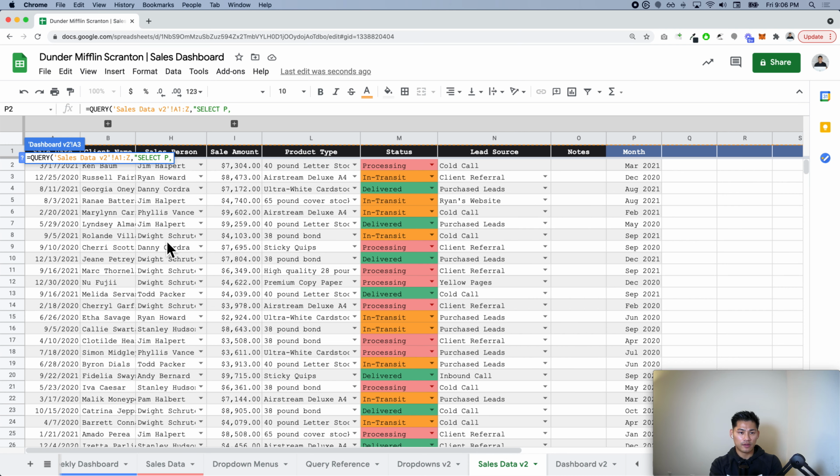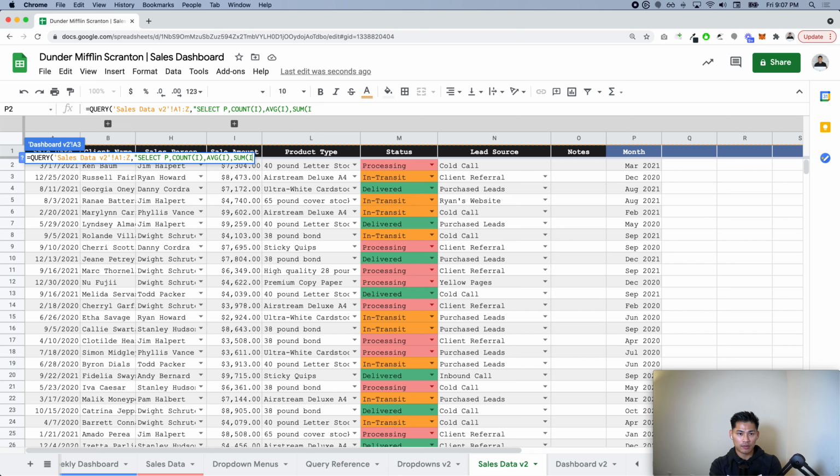I want the number of rows, right? So the number of sales amounts. So I'm going to type in count I. You can use any column, but I'm just going to use column I. What this is going to do is count every time there's something in I, it's going to count it as 1, right? And then comma, and then I want the average of the sale amount, so average I, AVG,